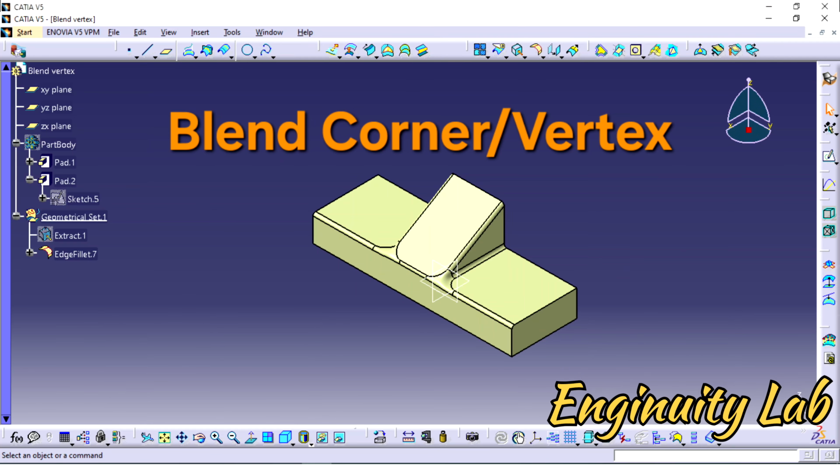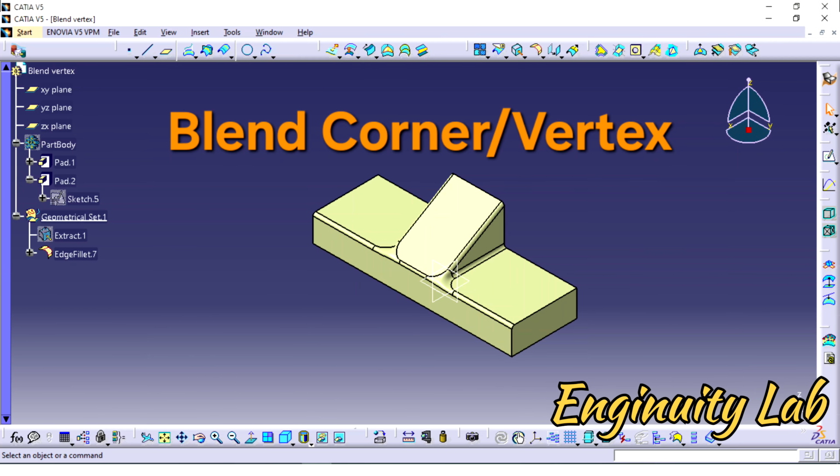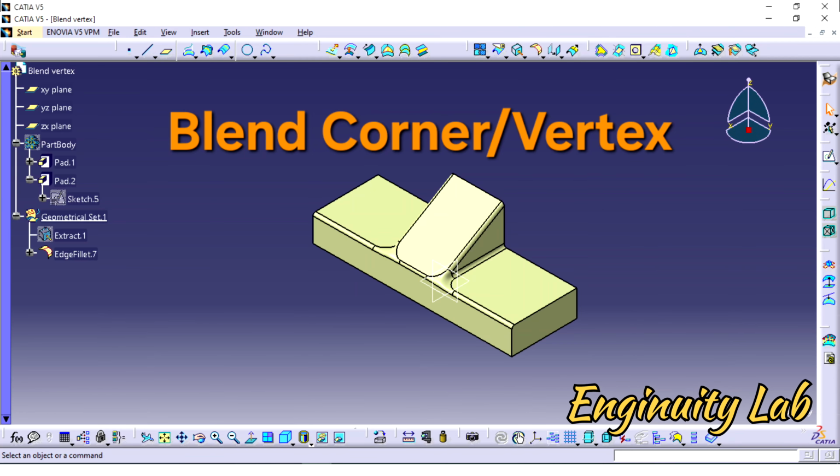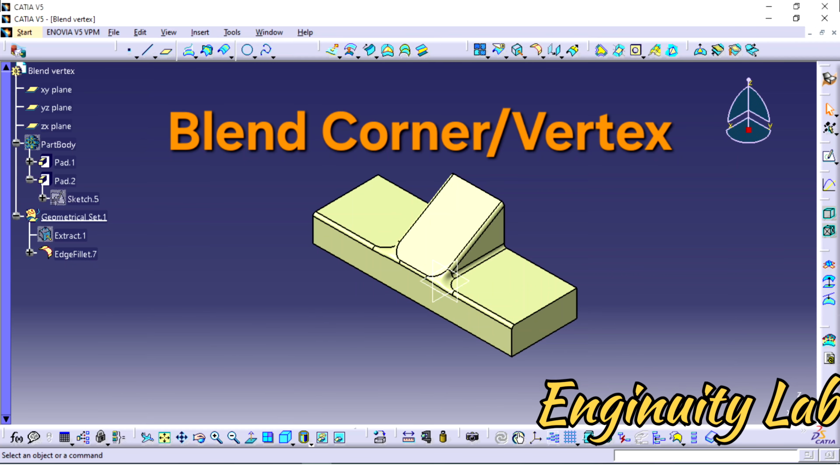In today's CATIA V5 Beginner Series Part 76, we shall learn how to use the blend corner or blend vertex or edge option in fillets inside the Generative Shape Design workbench. These tools help create smooth transitions between intersecting fillets and remove sharp corners for better surface continuity and professional quality models. When multiple fillets intersect in complex surface geometry, CATIA may create sharp or uneven corners. Using the blend vertex or edge option allows you to smooth those